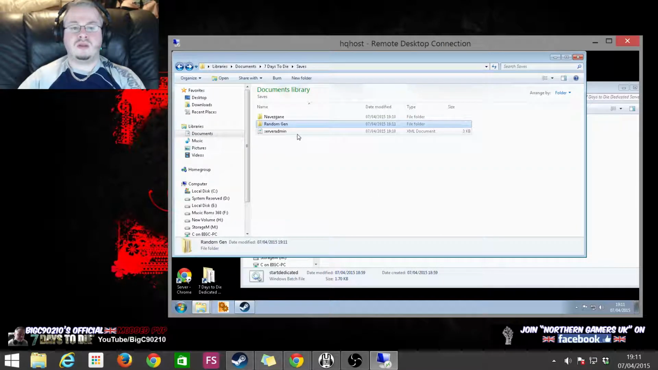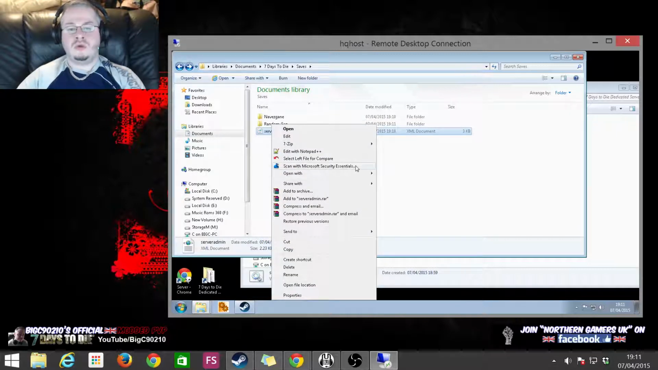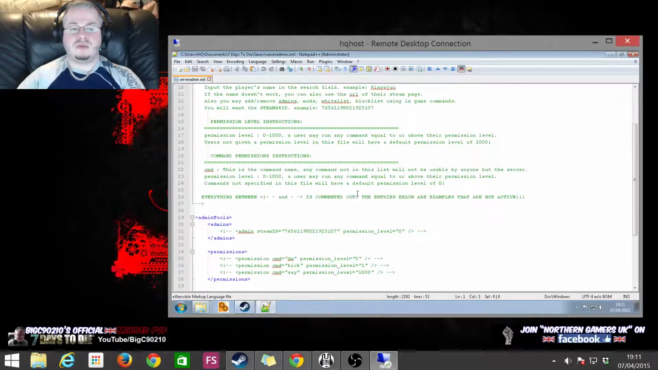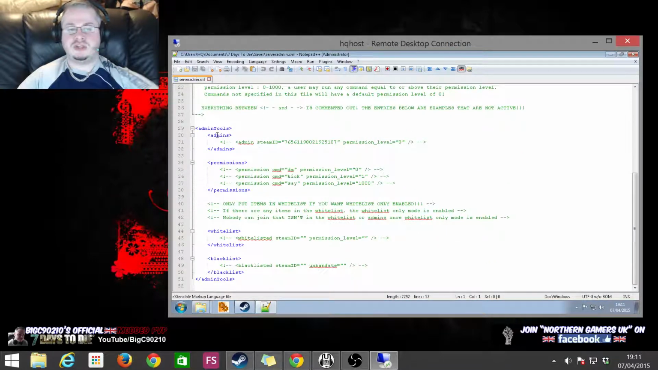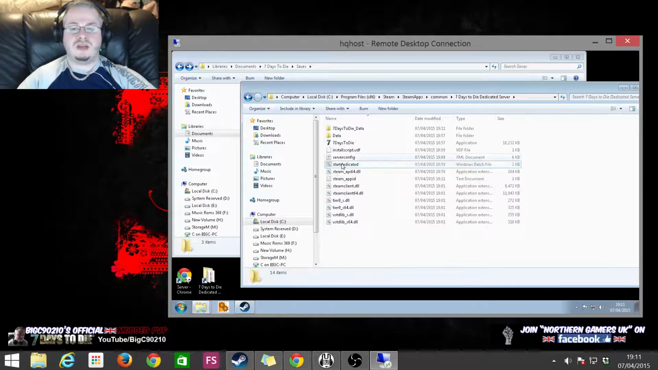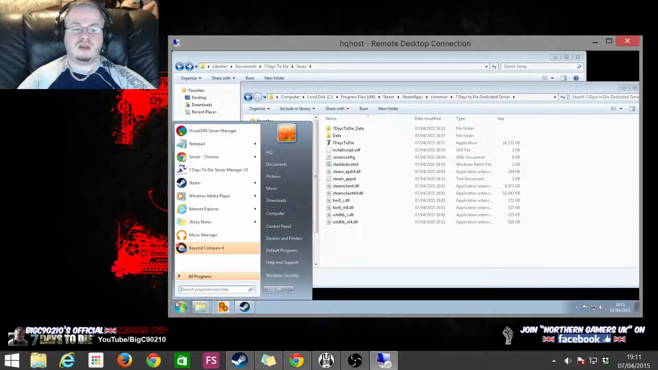And as you can see, there is a server admin file which has also been made. And when you open the server admin file, you will see that all of your permissions for everybody have gone. Okay, so you're going to be like, I've lost everything. So again, this is the exact same thing. You get on Beyond Compare,